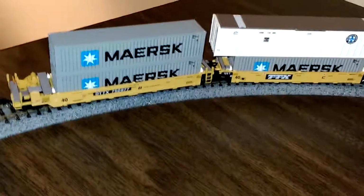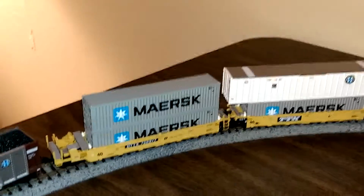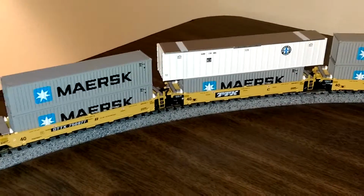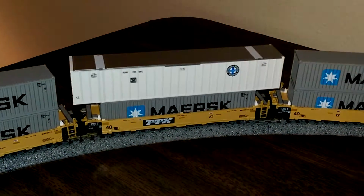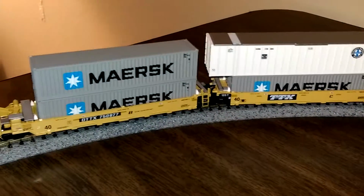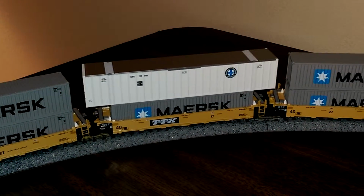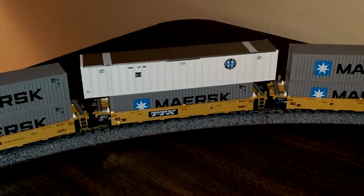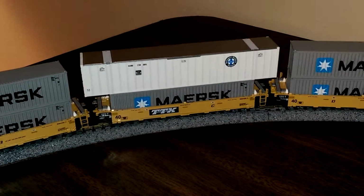And we'll put this up here. And we'll zoom this in and show my, without trying to hit the track, that's the TTX Mercic BNSF containers, and I've got them sitting on there. A lot of times when you see those like that, when you're sitting there waiting for a train to go by,